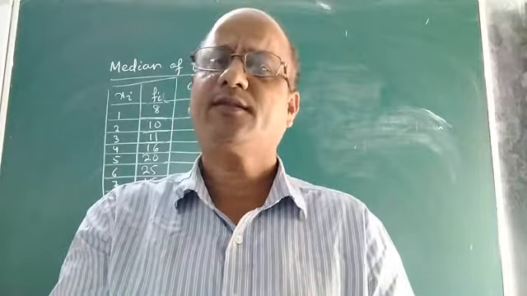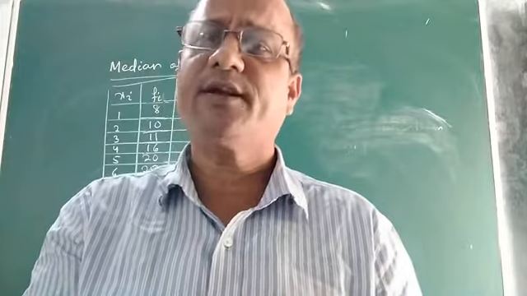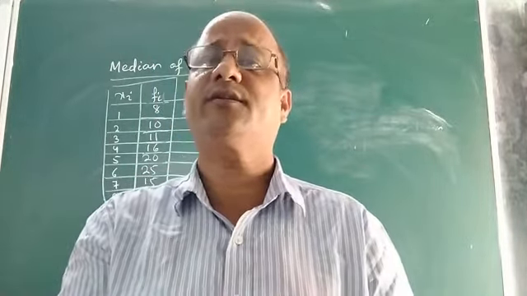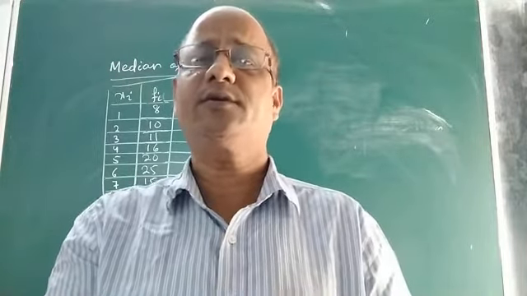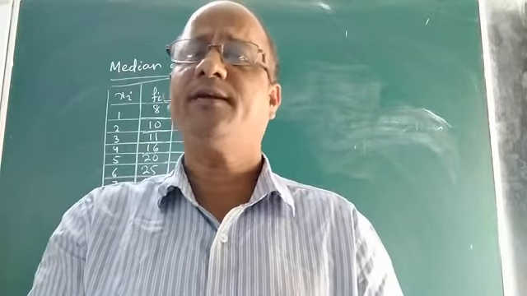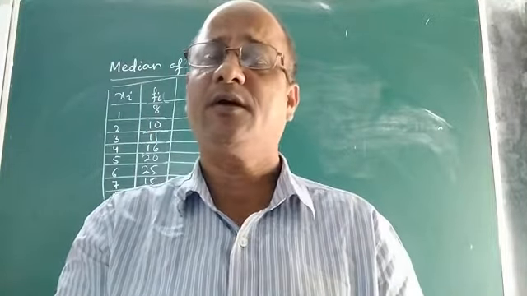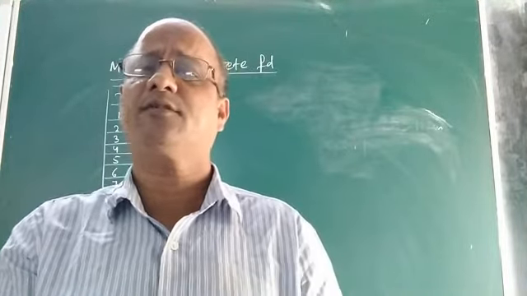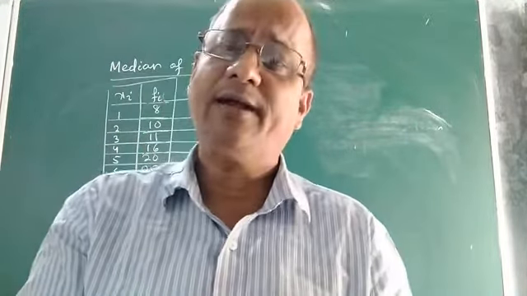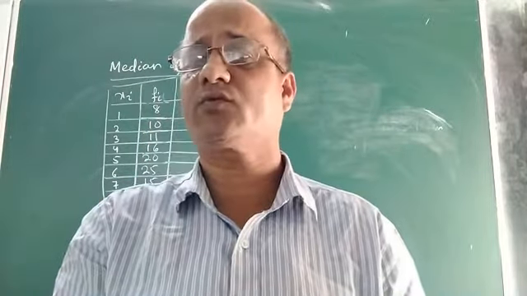Children, in the last class we were discussing finding the mean, the first measure of central tendency. How to calculate the mean of a discrete frequency distribution and a continuous frequency distribution, or continuous classes, using the different methods, namely the direct method or long method, the shortcut method or assumed mean method, and the step deviation method. All three methods of calculating the mean of a discrete and a continuous frequency distribution I had explained, and I am sure you must have understood.